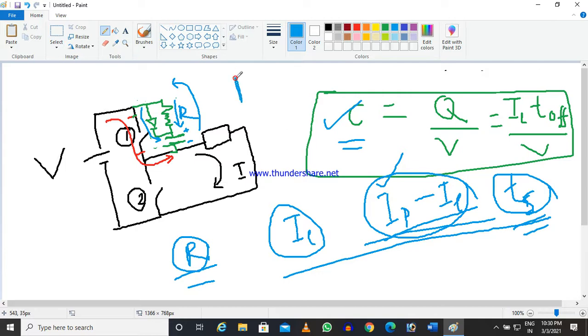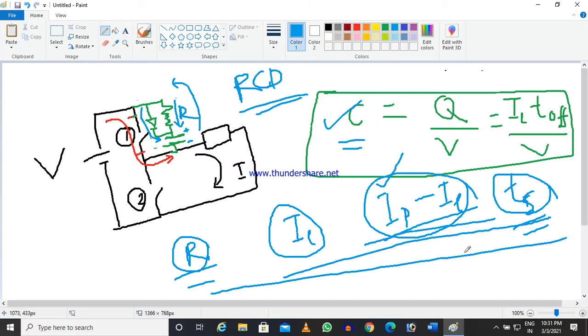So basically this snubber is called an RCD snubber. Even though it is slightly complicated, it is always safe in my opinion. Your switch will never get damaged due to this switching problem. But today, normally, to avoid the complexity of this connection, we will normally use a capacitor snubber. It is quite easy to implement, but the sizing of the capacitor may increase slightly.